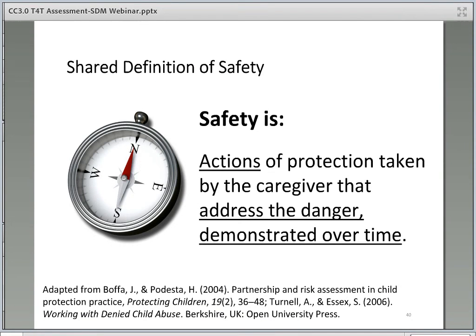Before we move on, let's review the shared definition of safety. It is essential for instructors to have an understanding of the definition of safety to effectively communicate this to social workers in the classroom, as this is the focal point in our work with families. It is important to highlight the definition of safety throughout core classes to ensure that trainees have a shared understanding of what safety means.